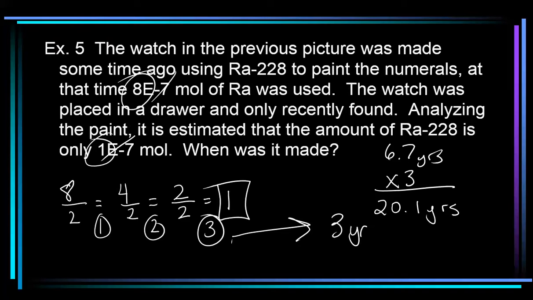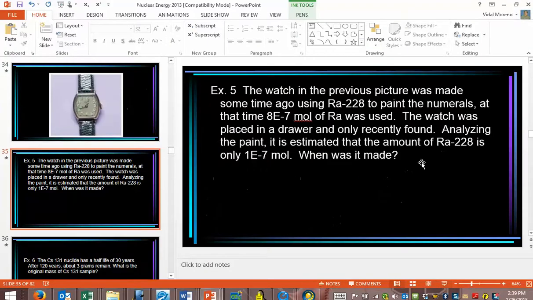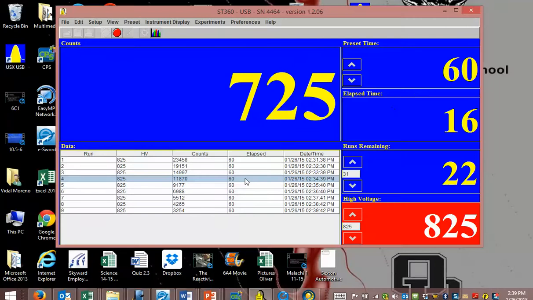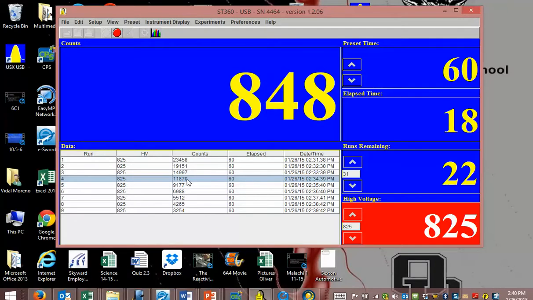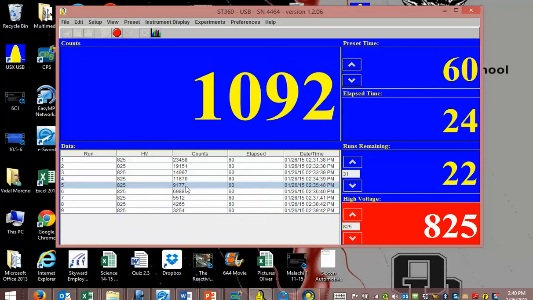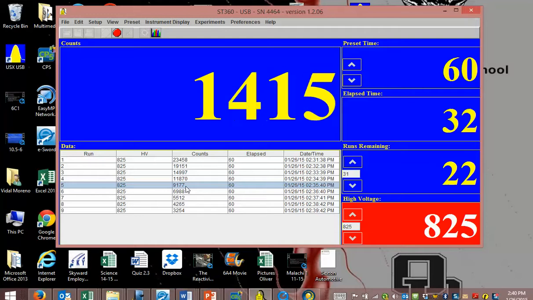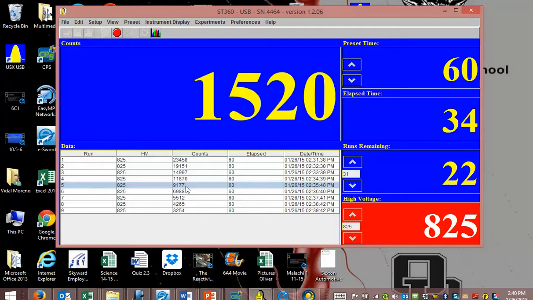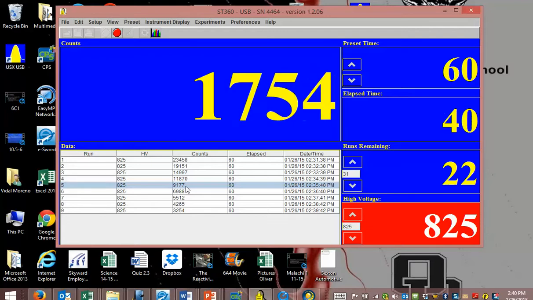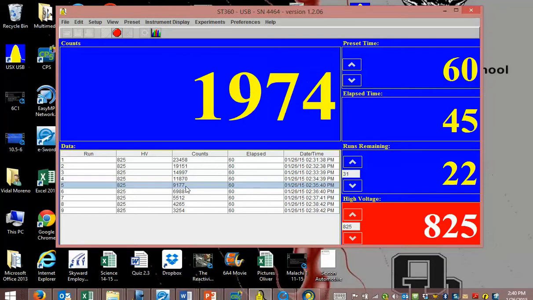Okay, let's go back to Marie's original question. How do you find the half-life? Okay, let's look at this. First of all, before we look at it, let's make sure we get all our readings. Did you get 9177? Okay, number 6 is 6988. Number 7 is 5512. Number 8 is 4265. Number 9 is 3254.